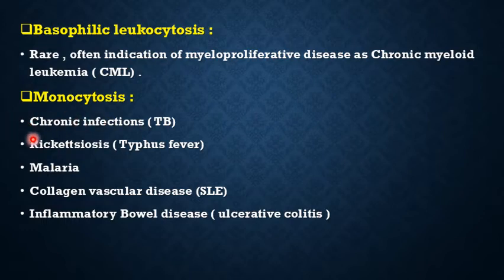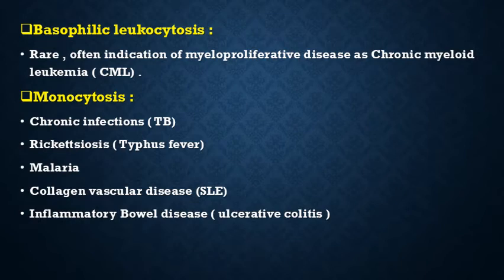Monocytosis is an increase in the number of monocytes in the blood. It's seen in chronic infections such as tuberculosis, and rickettsiosis as in typhus fever, sometimes in malaria, collagen disease as in systemic lupus erythematosus, and inflammatory bowel disease as in ulcerative colitis. All these might contribute to the rise in the